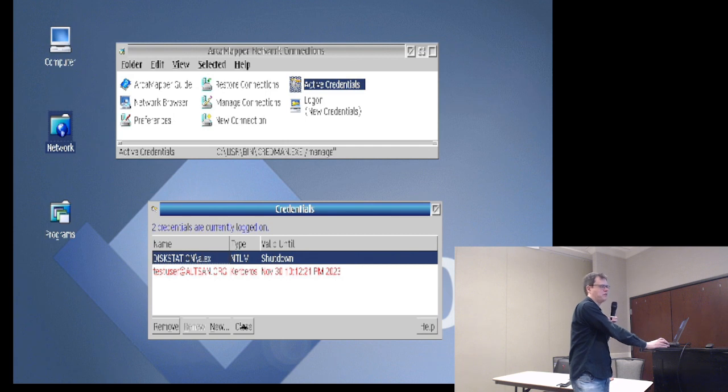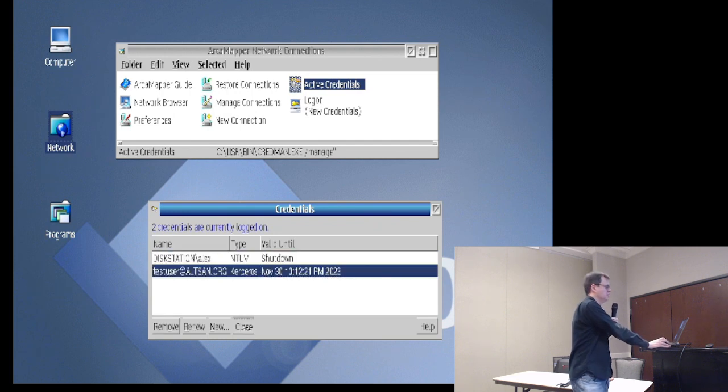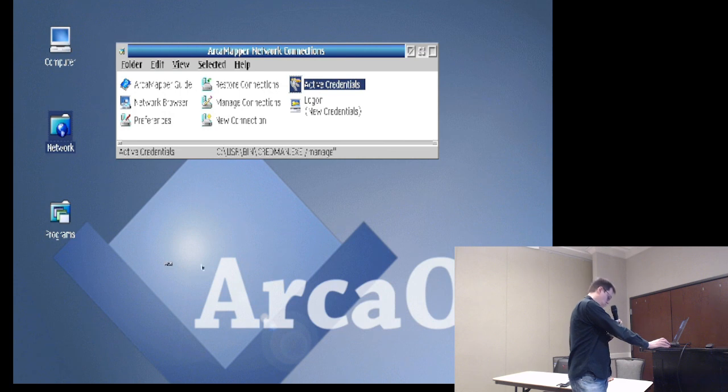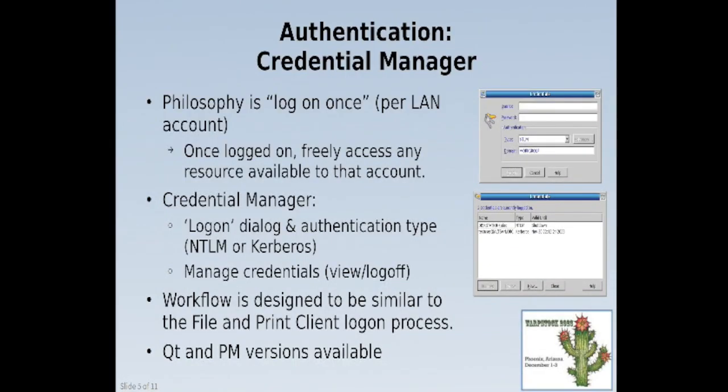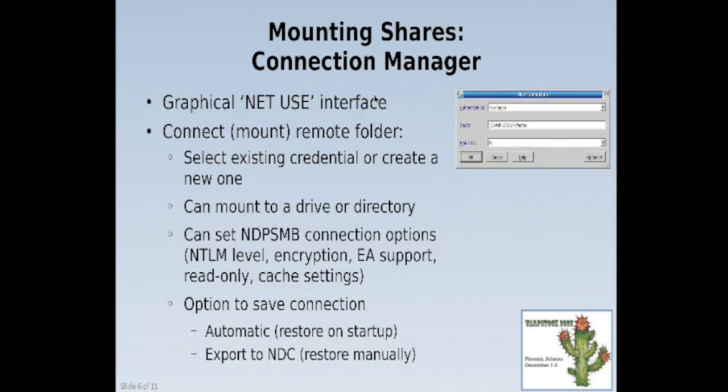I've gone back and forth a few times on some of the syntax here, so I'm basically just listening to users' reports. If they find something confusing, I'll generally change them. So that's the credential manager. Okay. So the next portion is called the connection manager, and you can think of this as a graphical